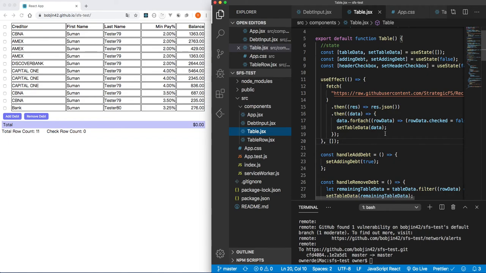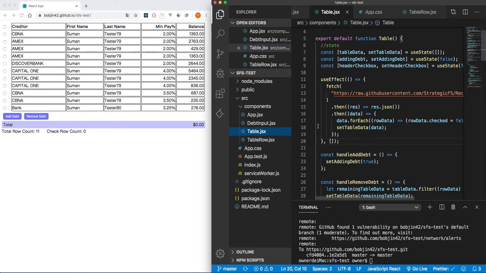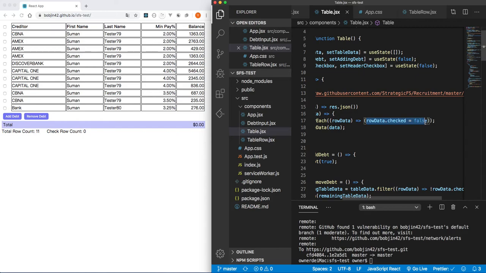So the next feature I worked on was the checkbox. I was facing a challenge of managing the checked and unchecked state of each row along with the header checkbox. I thought about keeping the state in the child table row component. However, it would be hard for the parent component to know which boxes are checked. So I decided to add an attribute checked as true or false in each row data to represent the